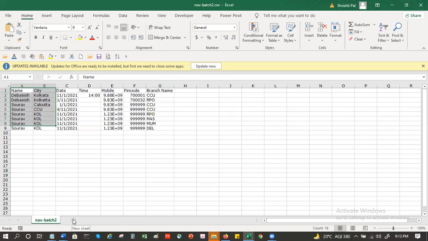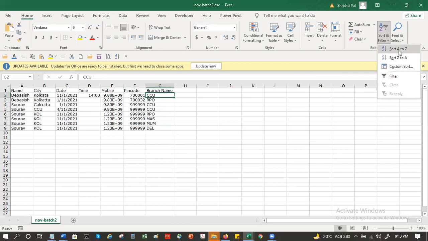If I select this, by default, I can just go here and click on this sort and filter. I get sort A to Z alphabetic, ascending, descending, or if it is number, I get ascending, descending.